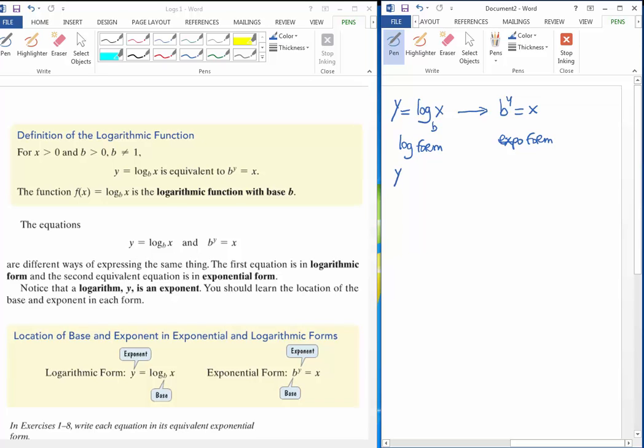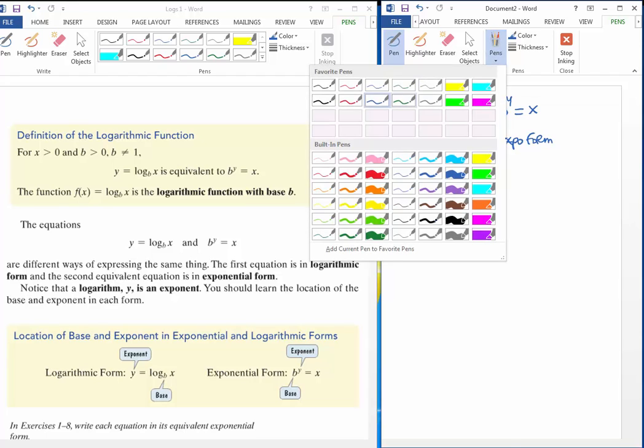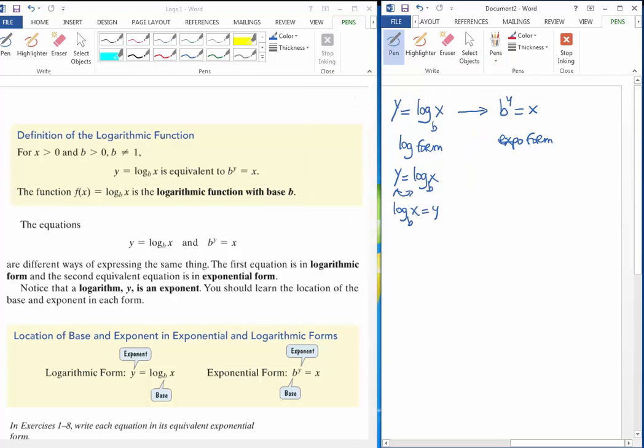Let me start with y is log base b of x. If you wanted to rewrite it, since you're going from log form to exponential form, I like to swap both sides and have log base b of x is y. And you remember the idea of zapping a log. What I'll do is zap through the log. I'll grab the base, push it to the other side, and then what do I see after I zap the